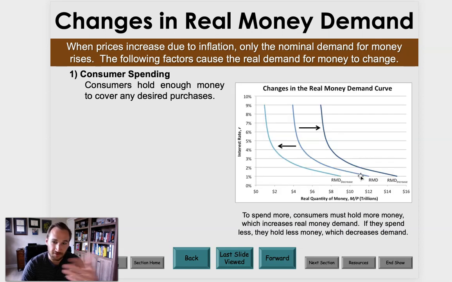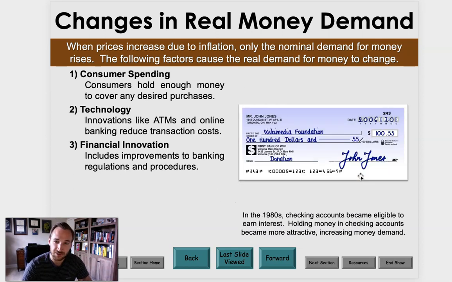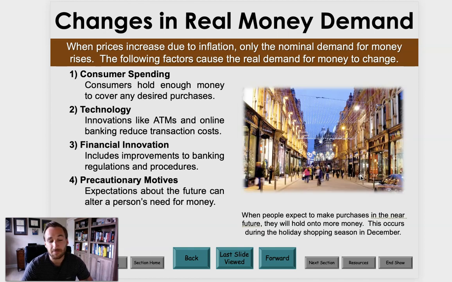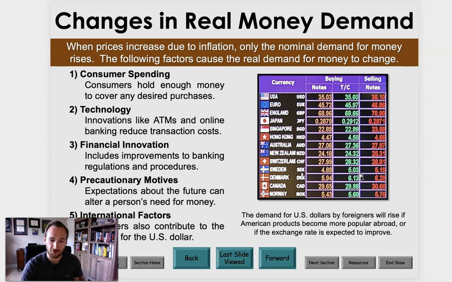Of course, this is a reflection of things like consumer spending. Technology changes how much money we hold. The ability to deposit checks remotely or direct deposit changes how much cash is on hand, people's future expectations, and then, of course, international factors as well. All of these things listed right here, they can change the availability of money and how willing we are to keep cash on hand. I don't know about you, but in a time like this where we're not sure about the economy, you're not really getting much in a savings account, you have a greater incentive to keep cash on hand, right? To have it in a checking account or on a debit card ready to spend, because you're not getting much from saving it.